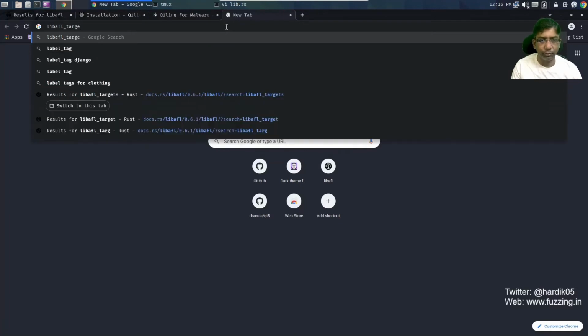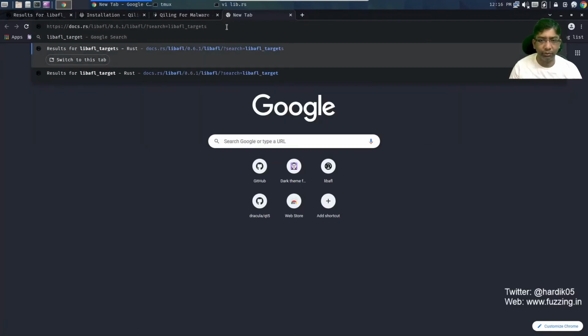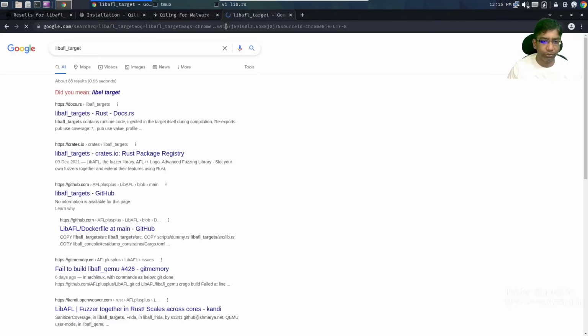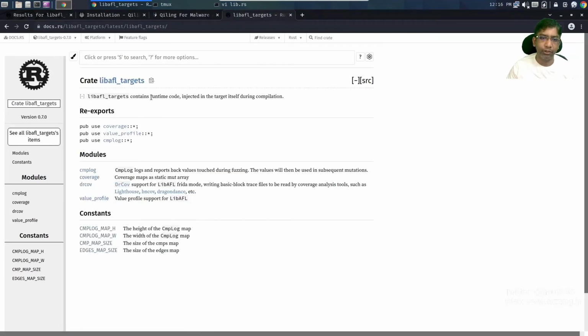Let us do a Google. Yeah, it is over here. Libafl targets basically contains the runtime code injected in the target itself during compilation. As I have mentioned, we are going to use a libfuzzer harness over here, so we need all this. That's why it is using libafl targets.